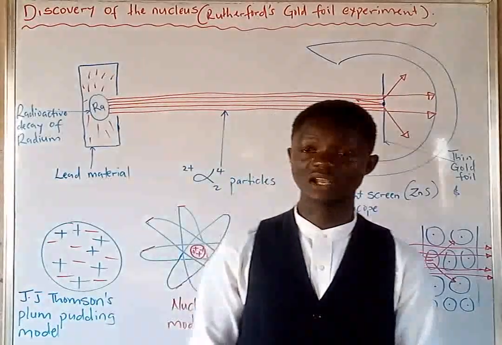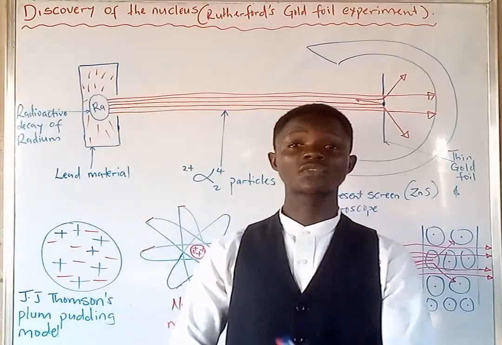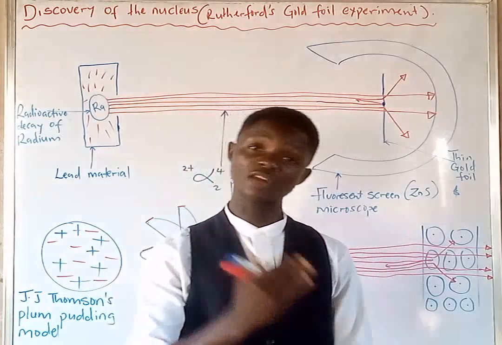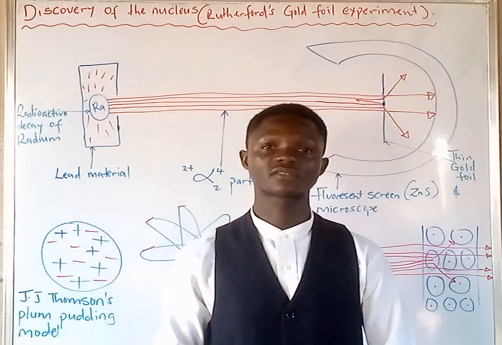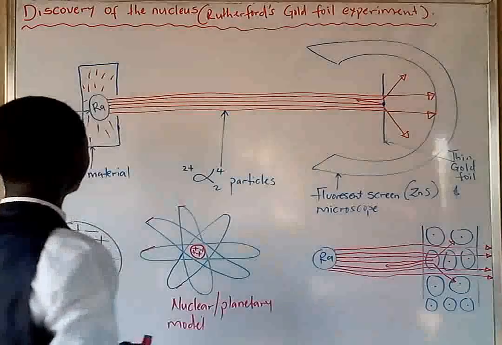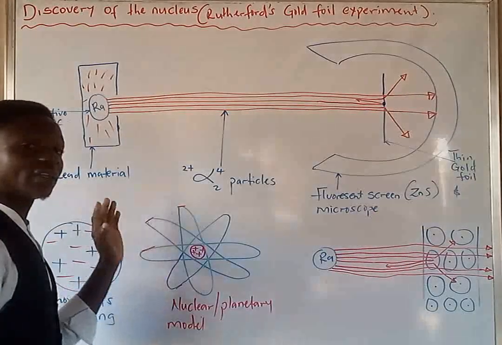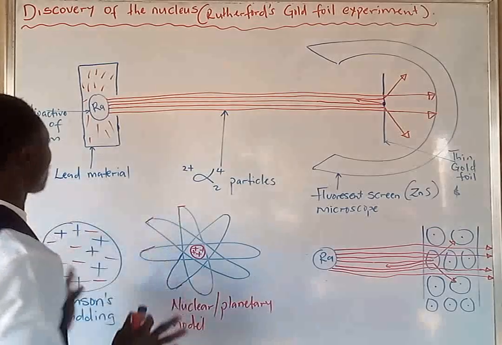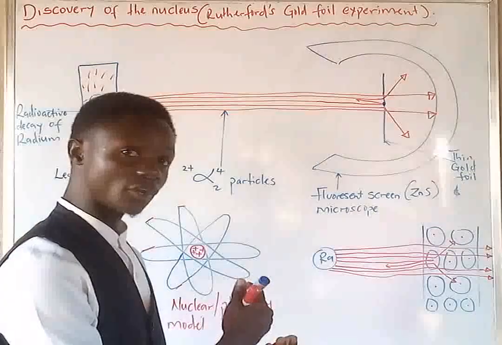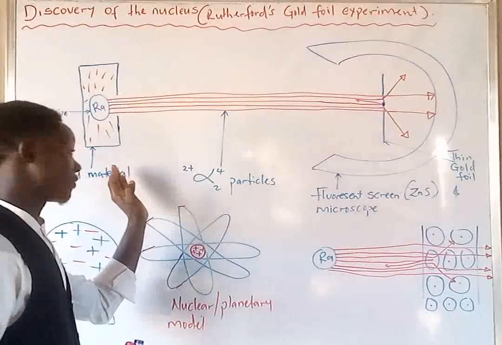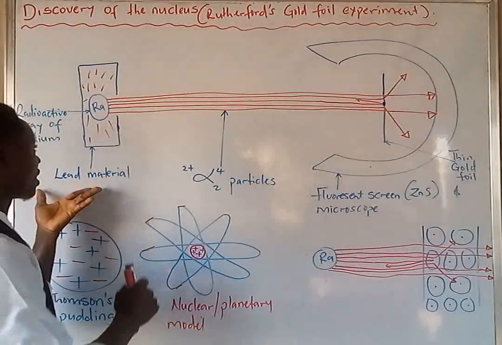During this period, they were able to prove their point with an experiment called the Rutherford gold foil experiment or the alpha scattering experiment. Now, what really happened in this experiment? Let's see it. Now, what they did was that they performed a radioactive decay of radium in a lead material. Actually, why would they use a lead material? This is because a lead material, during the